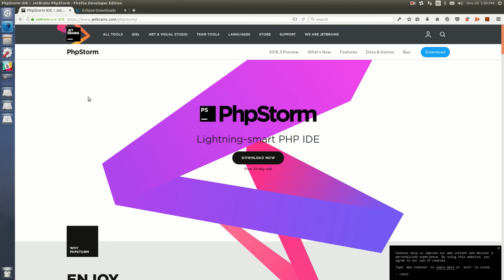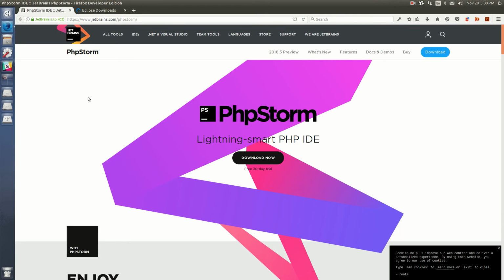So if you intend to develop large scale or if you intend to develop full time, PHPStorm is the way to go. It has every bell and whistle. It's very powerful. It's got Git integration. It can integrate directly with Vagrant, like we installed Scotch Box, so you can manage Scotch Box through PHPStorm,